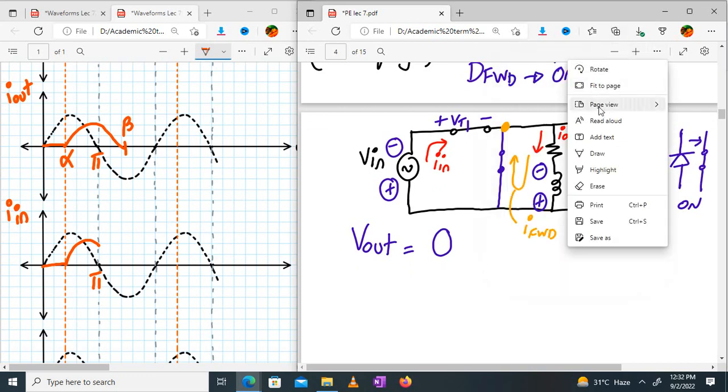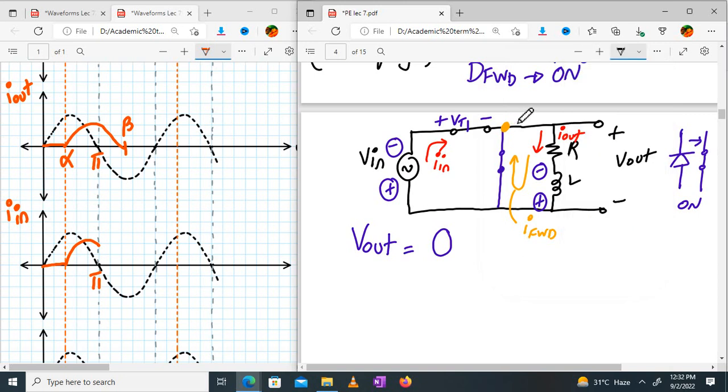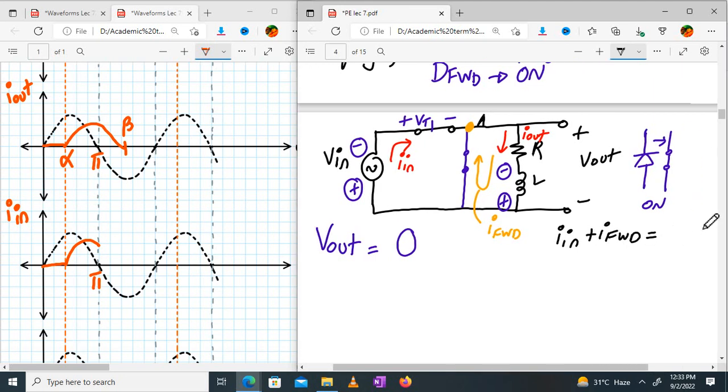So incoming current should be equal to outgoing currents. So what are the incoming currents? IN and plus is equal to,